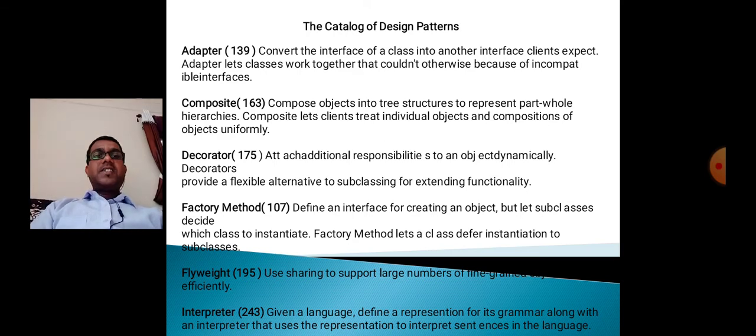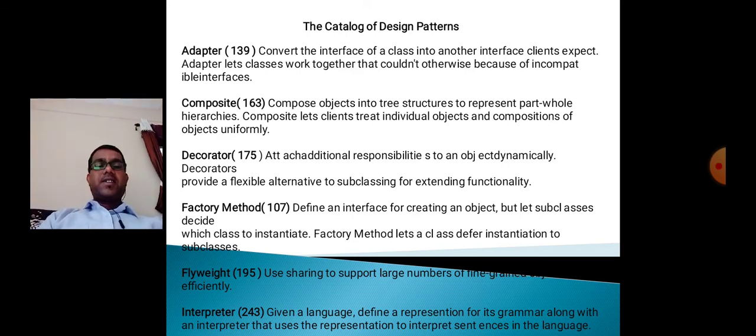The next design pattern in the catalog is flyweight, 195, which uses sharing to support a large number of fine-grained objects efficiently.